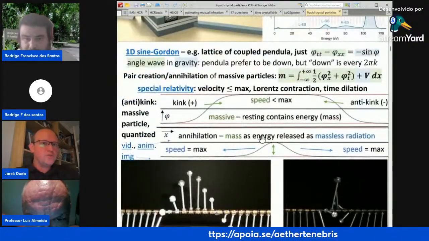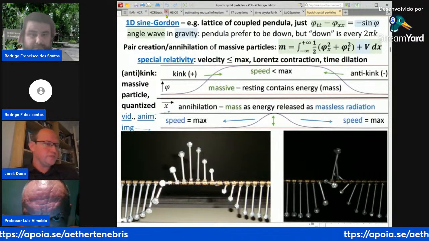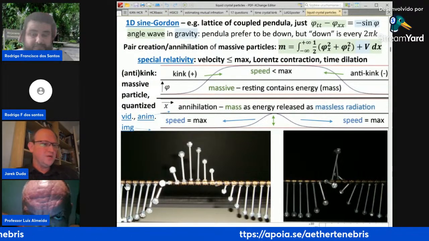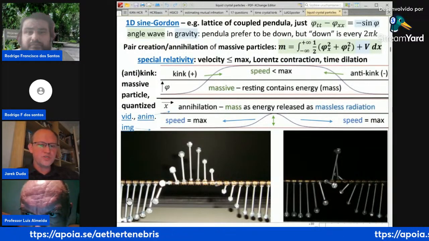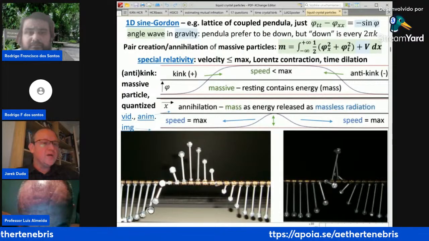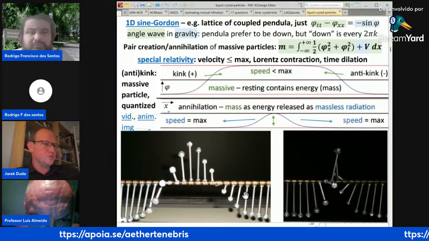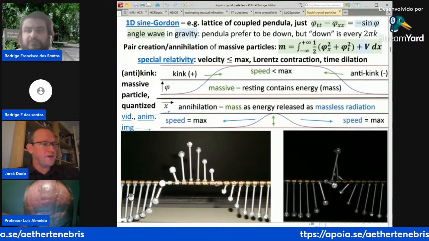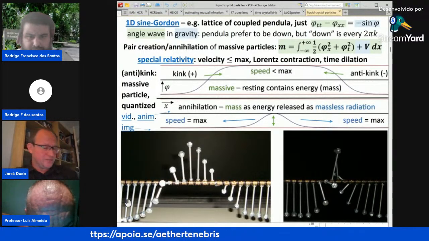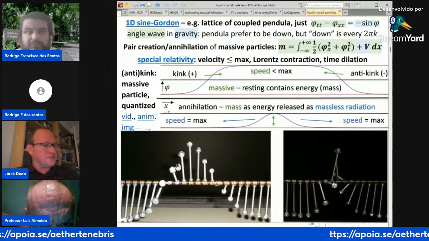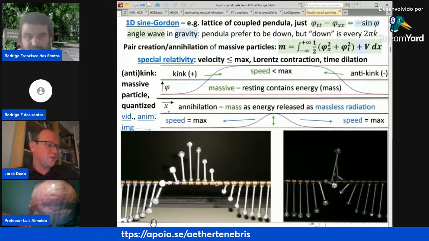Okay, so let's go to the concrete models of solitons as particles. For solitons, it is good to start with the Klein-Gordon model. It is a very simple one-dimensional model. You can realize it with just a lattice of pendula. There is some YouTube video you can watch. So we have this lattice of pendula. All pendula due to gravity want to be down. However, there is one down and there is another down 2 pi further. So we have many vacua. We can go from one vacuum to another vacuum, and this configuration is stable and it hides energy, like a particle. This is the simplest particle in a one plus one dimensional